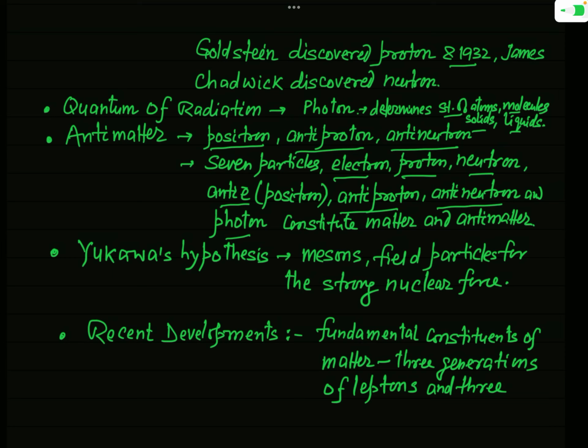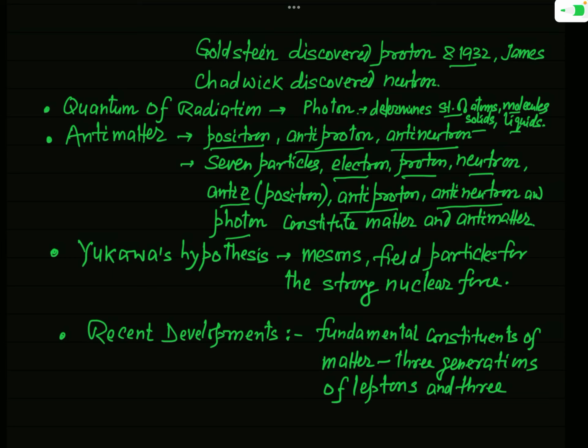In fact, Yukawa theoretically predicted this meson in 1936, and also proposed the mass of this pi meson, its spin, everything. In fact, it was predicted that the mass of this pi meson is just 207 times the mass of electron, and it is just a half spin particle, and so it is just a fermion.